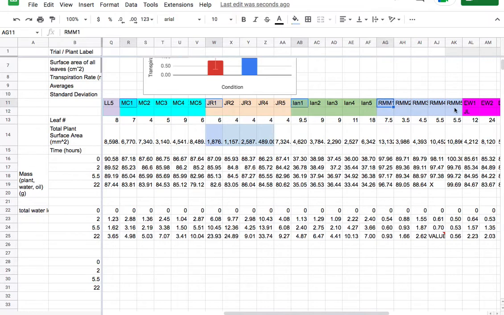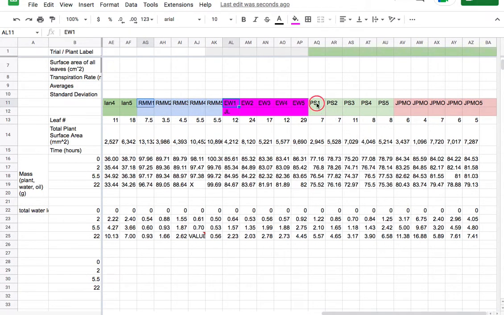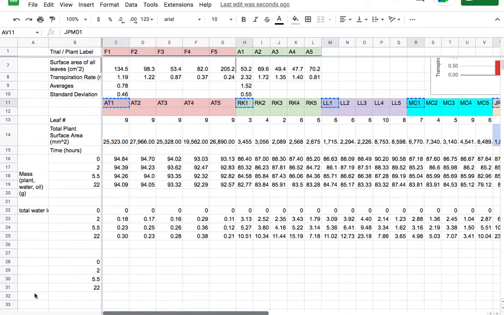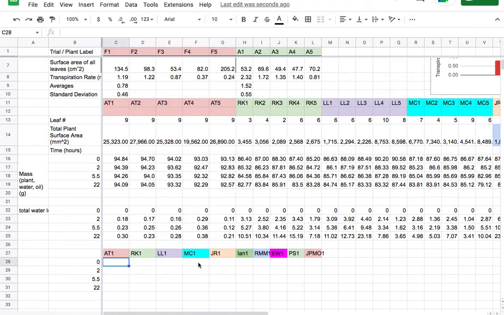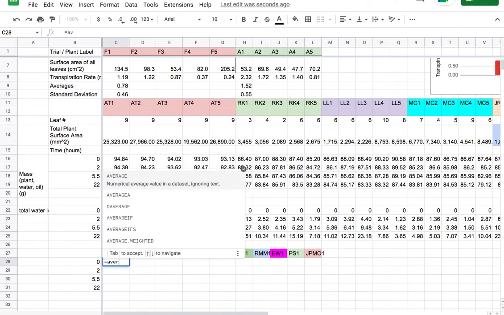I just want to select this identifier because these are my different series that I want. I'm going to copy all those, and then I'm going to paste them here. So these are the lines that I actually want on my graph. And then I want an average